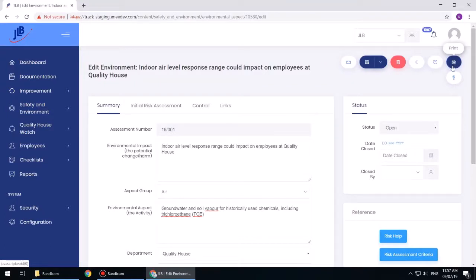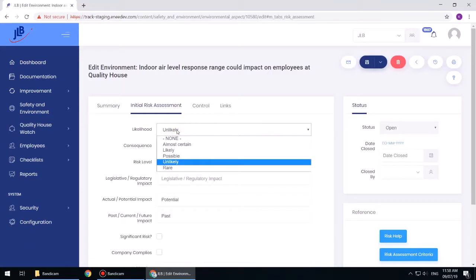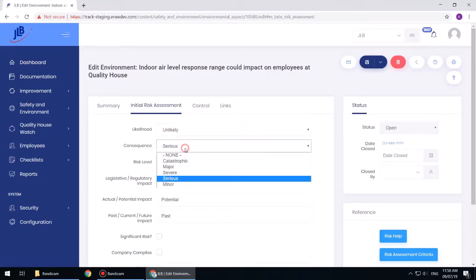To assess the potential risk without a control implemented, refer to the company's risk assessment procedure and select the likelihood of it occurring, select the consequence of the hazard. The level of risk will then be automatically populated. Please note the likelihood and consequence should be mapped against the level of risk in configuration from the company's risk